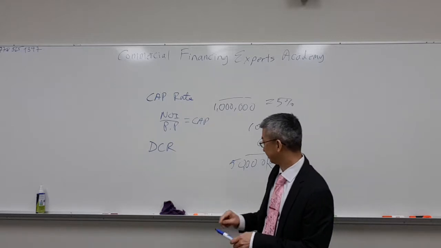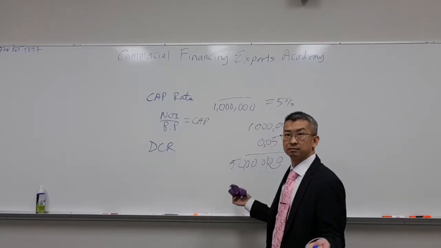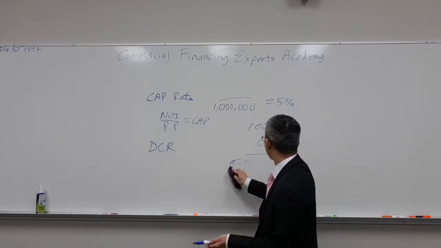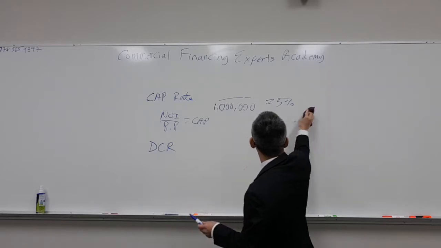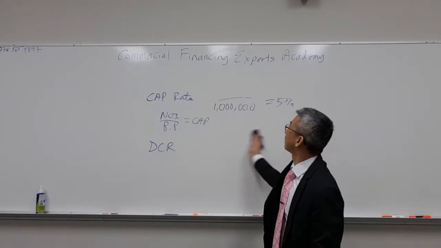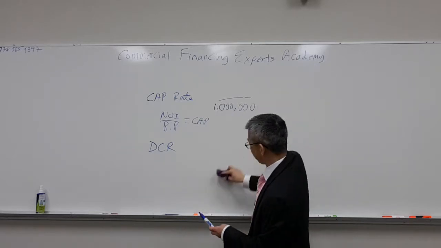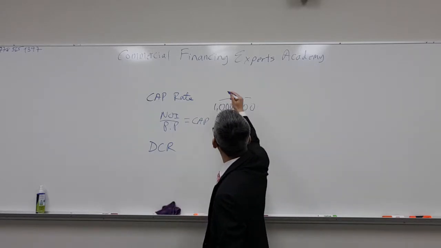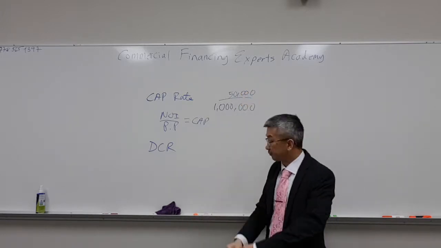Is that a good return? It varies. Whatever it is, it doesn't really matter. So in the case of this, if the income is $50,000,